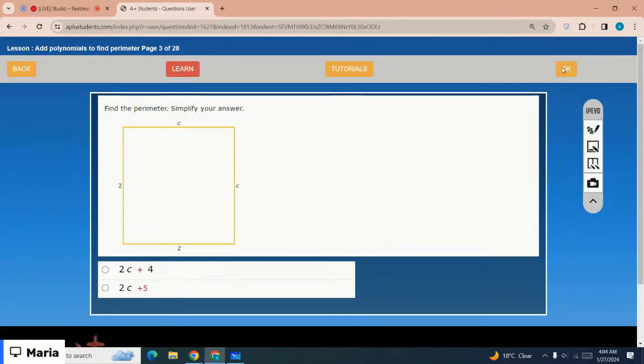Find the parameter, simplify your answer. So which is the correct option? Yes, the correct option is option number 1, that is 2c plus 4. Very good. Option number 1 is the correct option. 2c plus 4 is the correct one. Okay, the next one is